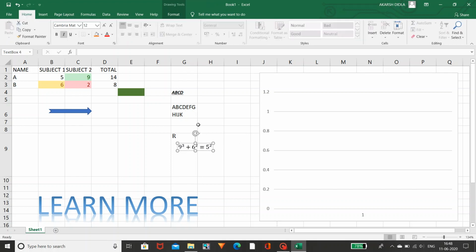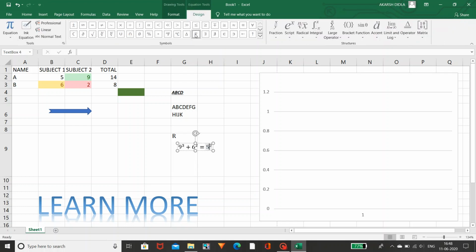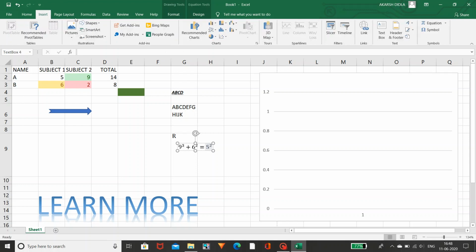So you can add the equation like this. So this is the use of the equation. There are different types of equations, you can add any of these. As you can see, a design menu has been displayed here. You can use different types of equations and you can add them. Likewise you can use the equation option. This is about the insert menu.